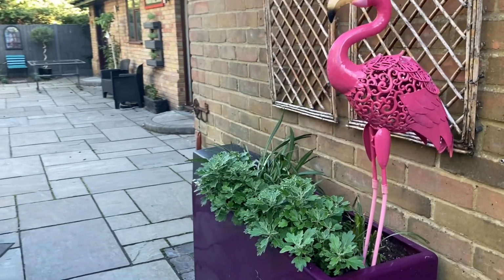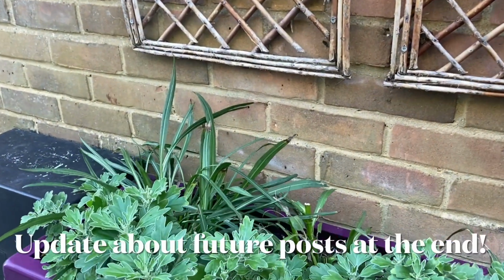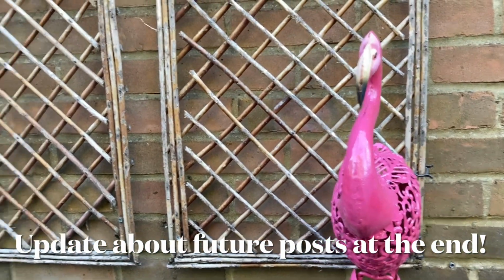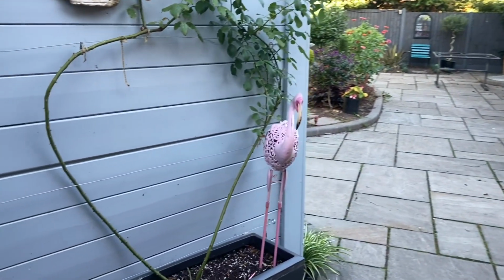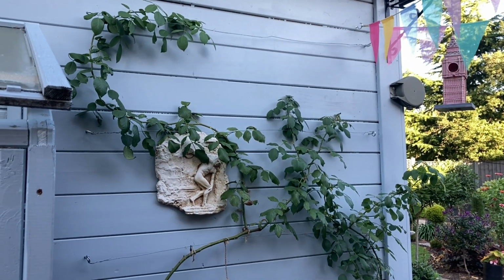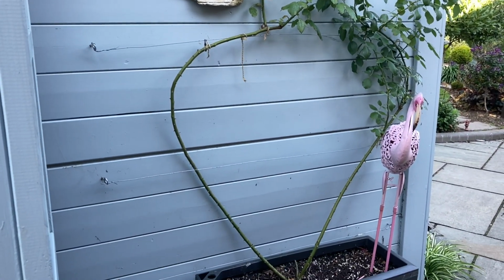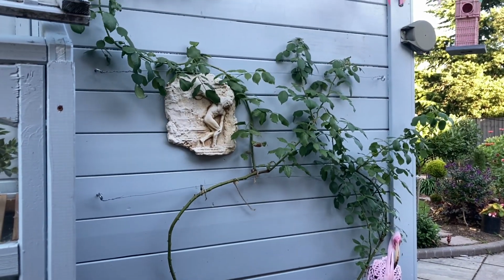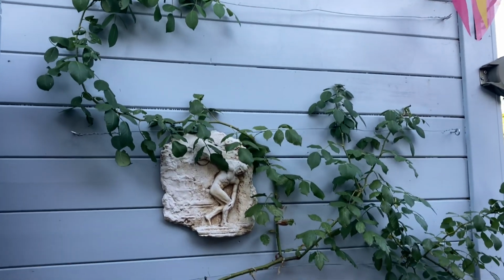So here we are, the Liatris, which I planted at the back there, that has all died now. And yes, we've still got quite a bit of colour everywhere. I'm very pleased with how this climbing rose, this was really its first year. So I'm pleased with how it looked. Yes, it's a little bare, but it's a heart shape. That's what I'm saying. And I think next year, we did have some blooms, but I think next year, well,